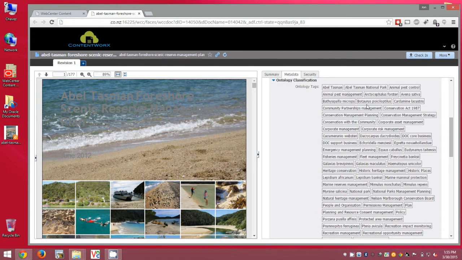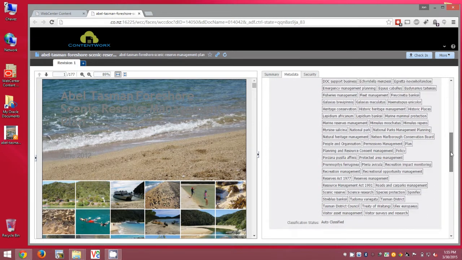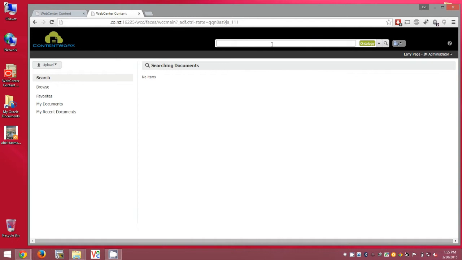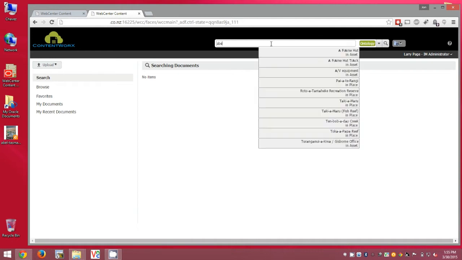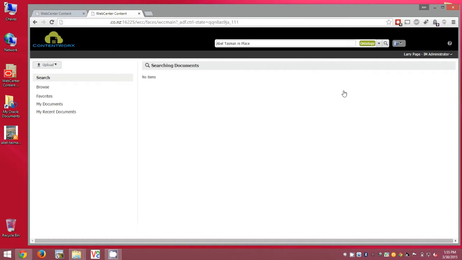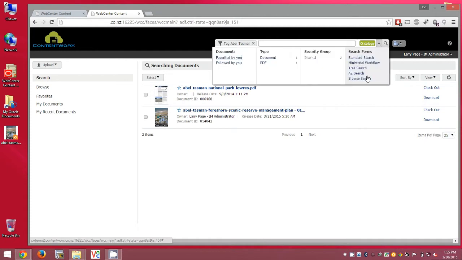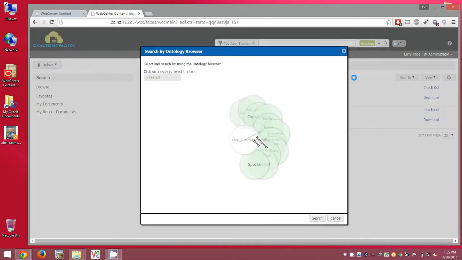Here we see all the tags Semaphore has decided on for this PDF based on the text within. That means this document can now be found based on any and all of these classifications at once. Given how many there can be, it's a good thing intelligent content also provides contextual look-ahead searching to simplify the process. We'll also browse our way in to find the contributed PDF using two different taxonomic pathways.